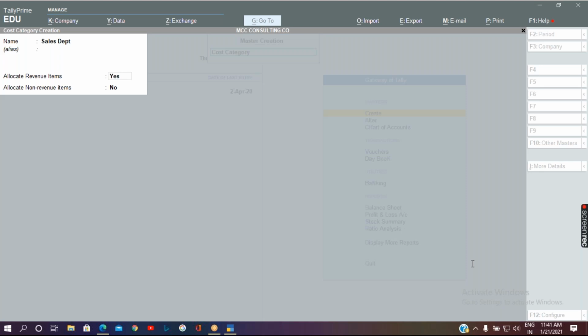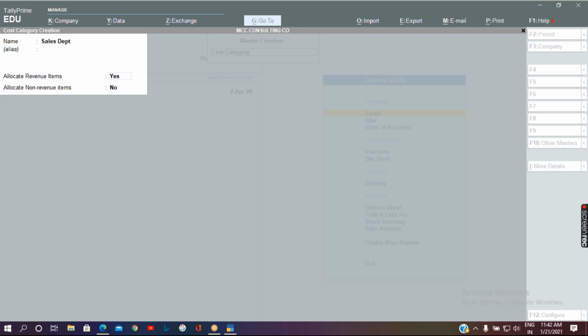Whenever you use the cost category and cost centers, it will be enabled in the respective related grouped ledgers automatically. In case you want to enable the option related to cost category or cost center for other than the revenue items, apart from these four groups, it could be any other group, in that case you can enable allocate non-revenue items as yes.